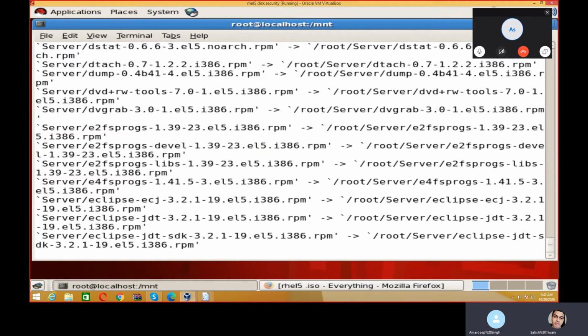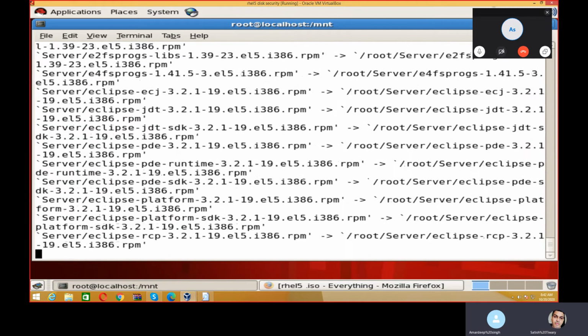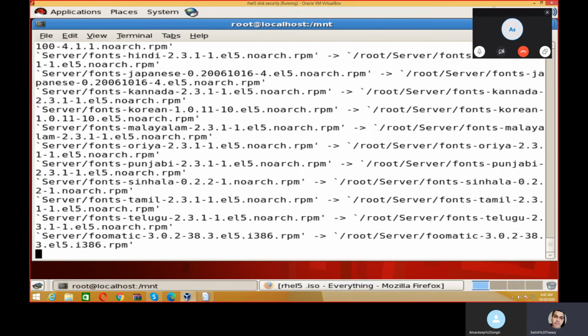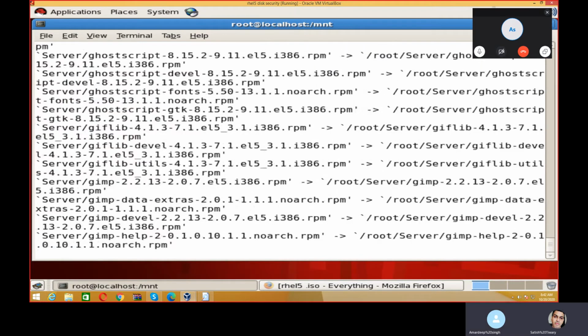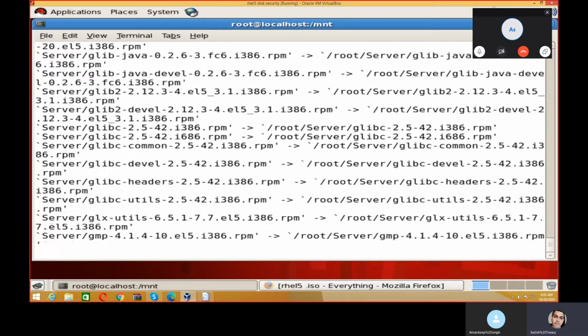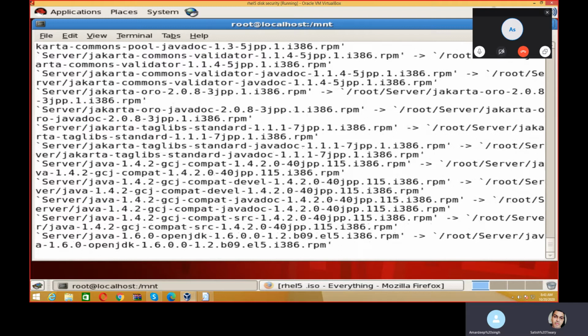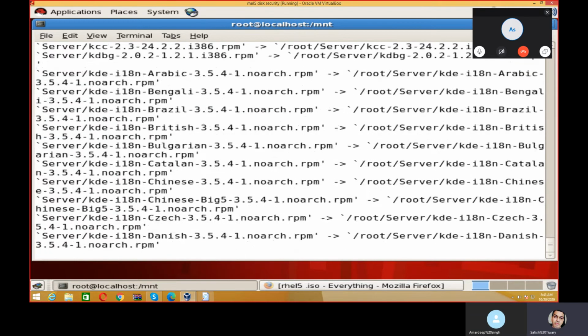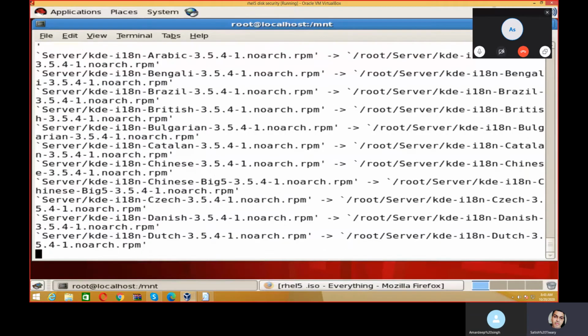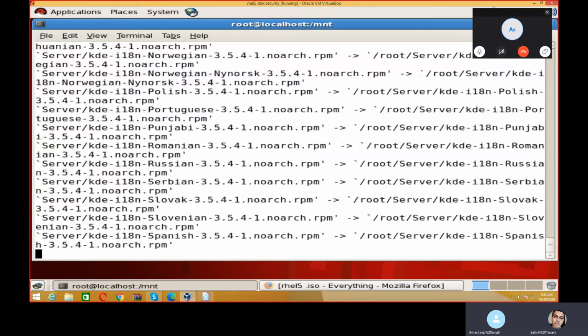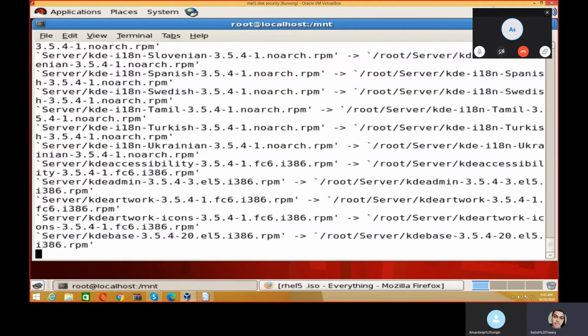Recursive, okay. Once the file is copied, we just need to create a .repo file. I will show you where you have to create that repo file. That is also important. It is not only important that you create the repo file; where you create it is more important, and how you write the lines inside that particular repo file.